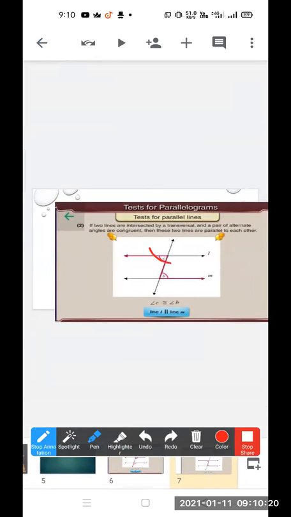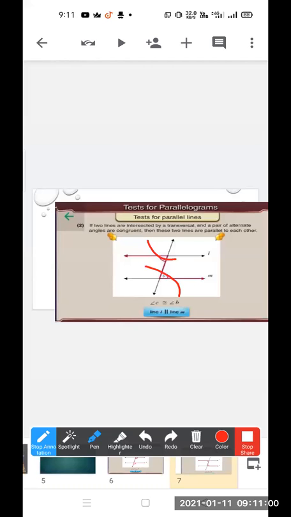here angle C and angle B are alternate angles. Also we can remember this by the Z test. Here a Z is formed. Whenever a Z is there, we say that it is the alternate angle test. You can see two angles are formed. So here angle C and angle B are alternate angles, and if these alternate angles are congruent, then we can say that the given two lines are parallel.